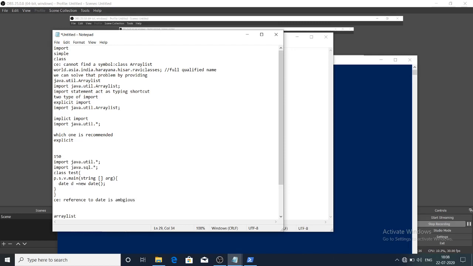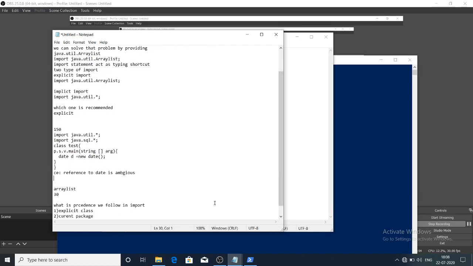From which file it comes he doesn't know. So he raises the exception. So it's not recommended to take like that. I think I have said that about precedence.